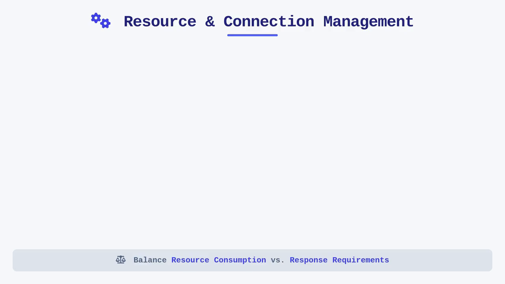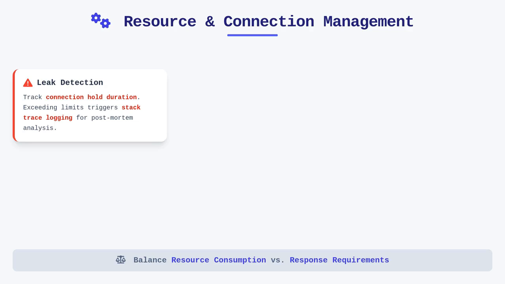Balancing resource consumption against application response requirements often involves careful management of timeout and cleanup parameters to ensure the system gracefully recovers from spikes and failures. A connection leak can easily occur if code fails to explicitly close resource objects, and WebLogic enables detection by settings that track how long an application holds a connection. If the duration exceeds the defined limit, the system can log the stack trace of the offending caller for post-mortem